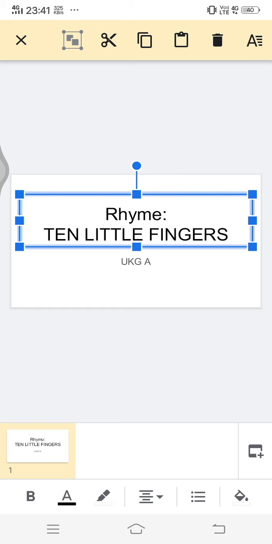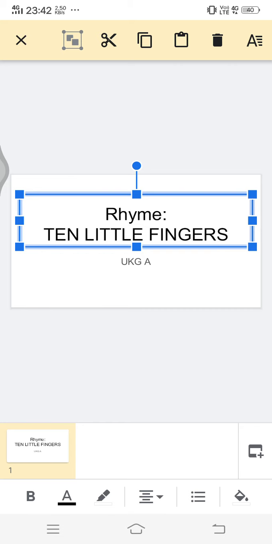Now these 4 options will be familiar with you. You know, if you cut, you can always paste that somewhere else. If you copy, what will happen is the text will be here and you can paste it somewhere else also. But it's not like that when you cut. When you cut, what happens? It will be removed from here, and only where you paste it will be available. So delete is to remove it completely, and the pad is the paste option. Paste option basically means when you cut or when you copy, you have to paste it somewhere else, so you use that tool.